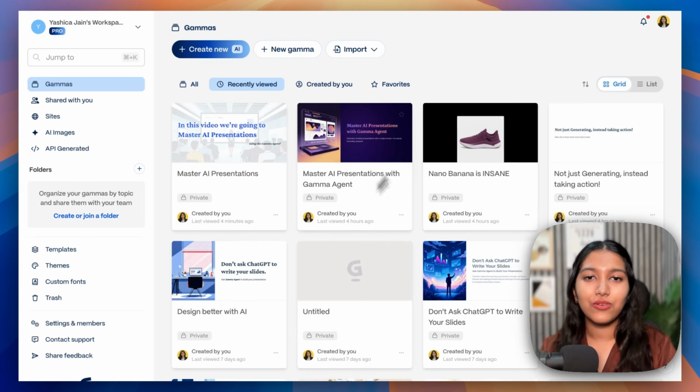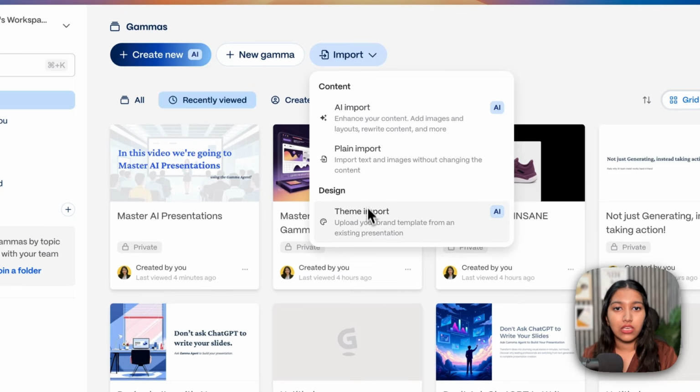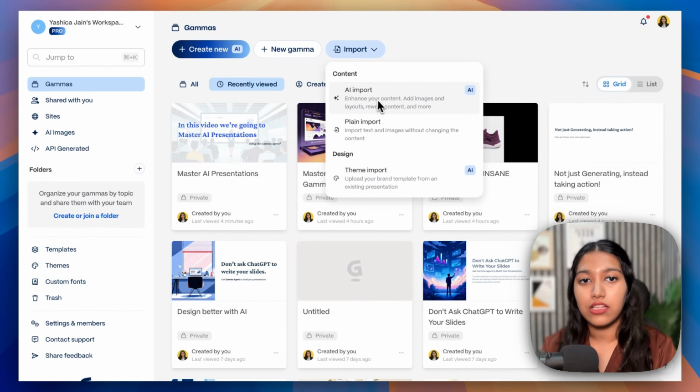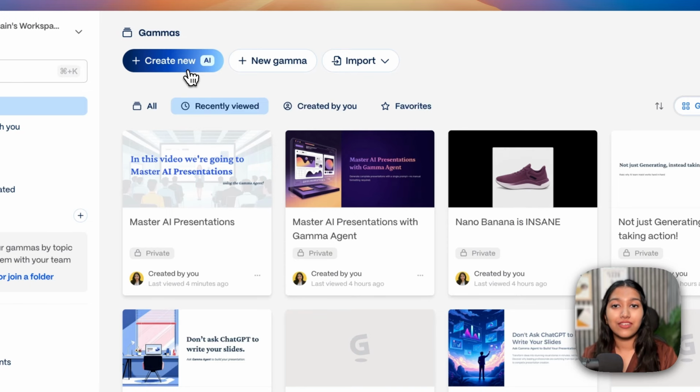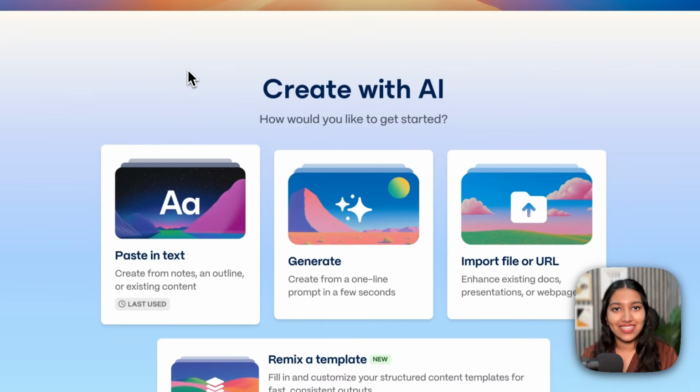So once you create an account, you will land right here, and as you can see, we have 3 buttons here to help us get started with our journey. The first one is Create New, which is using the AI features. The second is Creating a New Gamma, which is basically creating a presentation from scratch. And the third one is to import your existing work. You can literally import your existing content and work on that. You can enhance your content with AI. You can add images, you can change the layout, etc. But in this case, we're going to go with Create New using artificial intelligence.